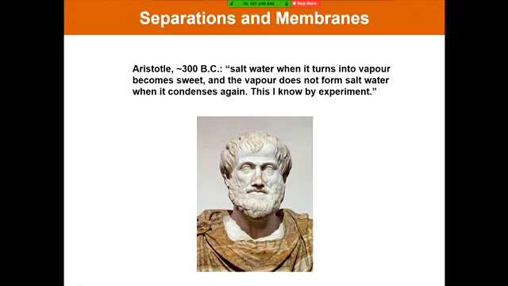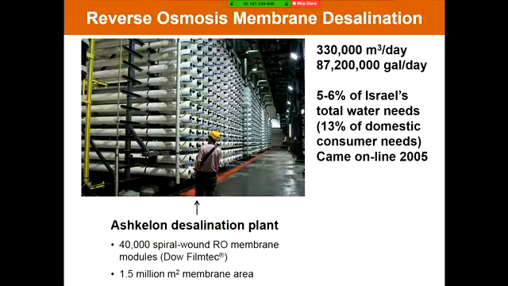And this has become a modern technology of evaporation to desalinate seawater. It's been known for many, many years. It turns out, however, that at much lower energy costs, one can desalinate seawater using membranes, and this has become a major industry. And so a modern desalination plant is shown here. The membranes are in these tubes.